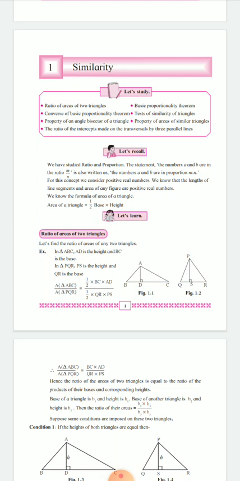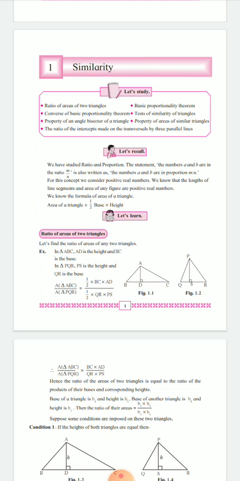For example, in the adjacent figure, you will come to know there are two triangles, triangle ABC and triangle PQR. Now in triangle ABC, the base is side BC and the height is AD. Similarly for the second triangle, triangle PQR, the base is QR and the height is PS. If I want to calculate the ratio of areas, as we all know, the basic formula for the area of a triangle is half into base into height.